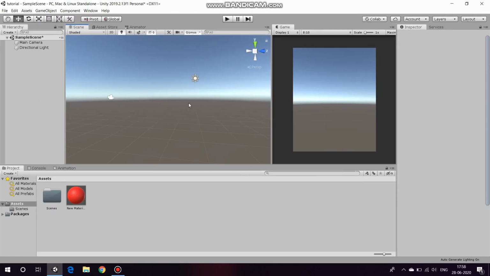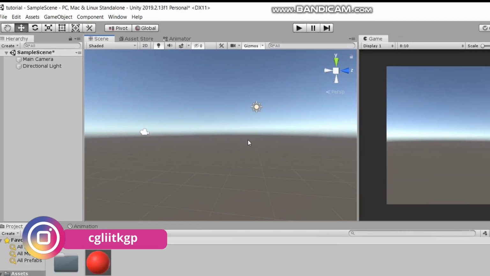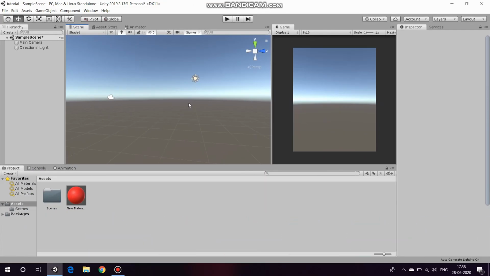The Game tab shows what is actually being shown in the game by the camera. The next one is the Hierarchy tab. This tab contains all the game objects in your scene. You can click on any of the game objects to select it. Don't panic if you don't understand any of the terms. You'll understand this as we move along.